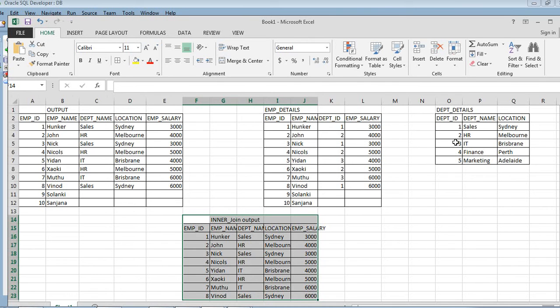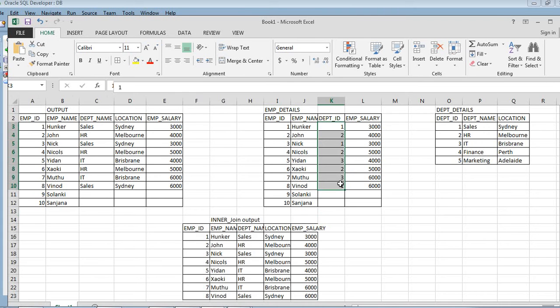Using inner join we can retrieve the data where the department ID is present, or we can say the joining condition is valid, it's not a null value, where it has a proper value. For those only we can get the data using inner join.